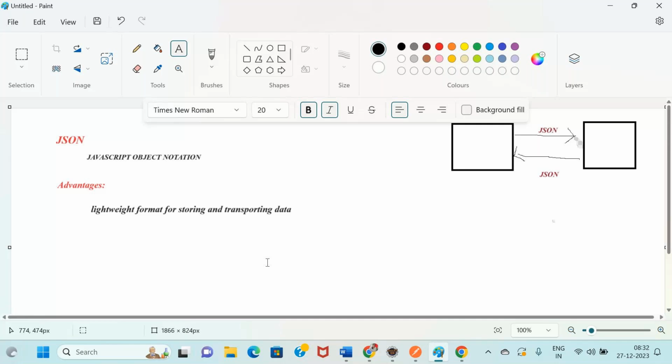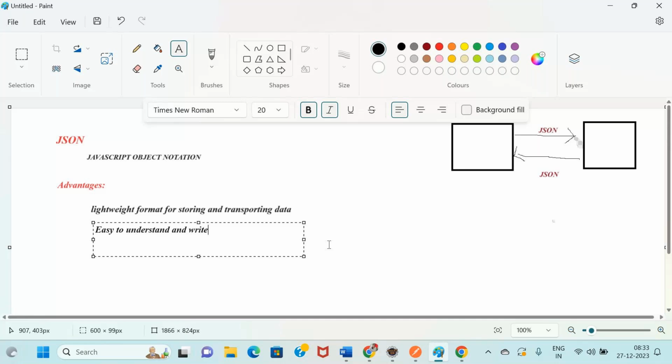Easy to understand and write. Okay, which means that anybody can learn this language easily, even non-technical background people, even freshers.